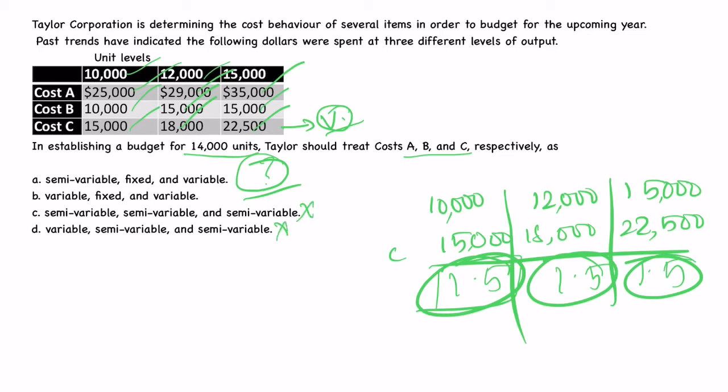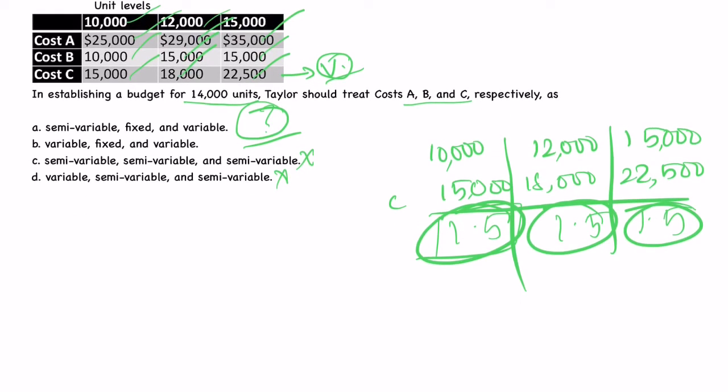Next, option B and option A are there. I am going to take cost B. In cost B, if you observe, for the unit level of 10,000, cost B is 10,000. For 12,000, it is shifting directly to 15, and even for 15, it is directly 15. So easily we can say this is a fixed cost itself. No need of more explanation for this. Got it? So this is perfect. We can go. But if you see both option A and B, both are fixed. So we should also find for cost A now.